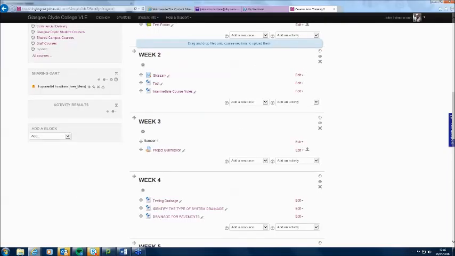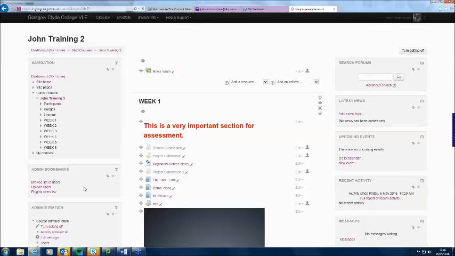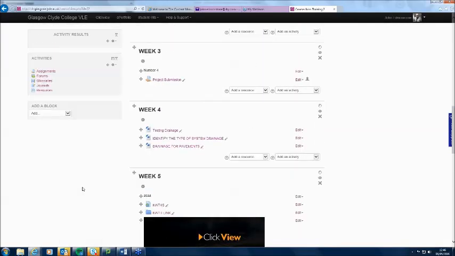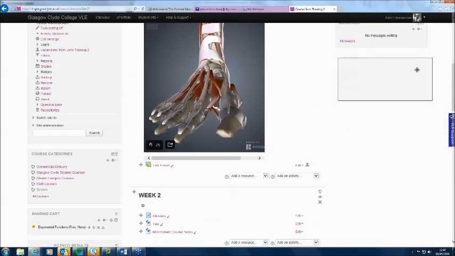And the block is right there at the top: activities, add a block, and just let it come in, right? And again, what I'm going to do is move it across to the other side. So I'll use the four-headed arrow while the editing is still turned on, scroll up there and drop the block